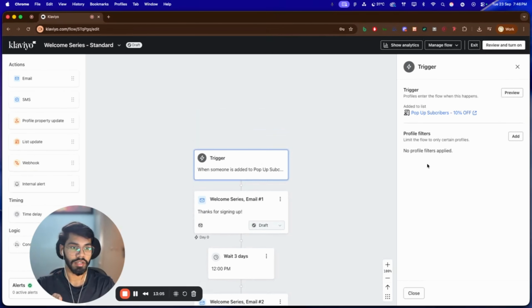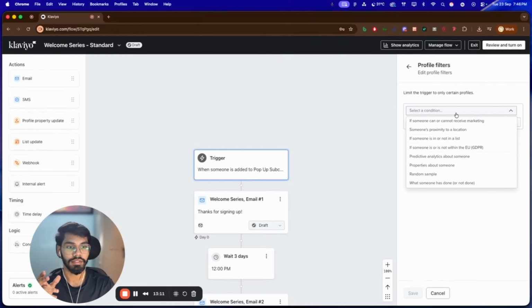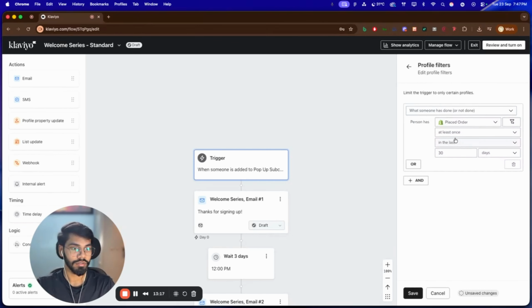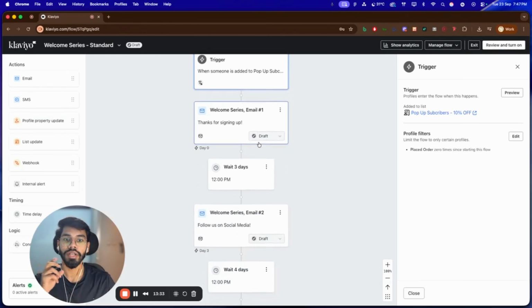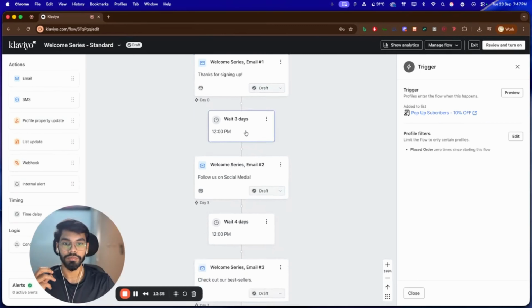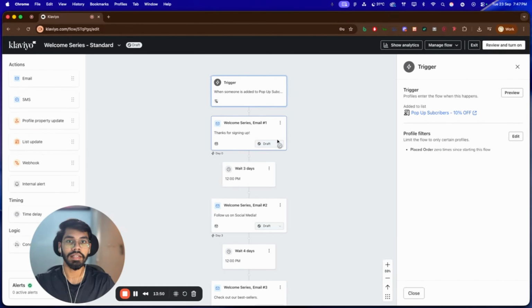You'll click on this trigger tab and you'll add profile filters. You'll go on add profile filters, and you'll add conditions. When someone has or has not done placed order 0 times since starting this flow. After these filters are in place, you are going to click save, and now you are ready to create your welcome flow. Right here, it's 3 emails long, but you can have it anywhere between 3 to 7 to 8